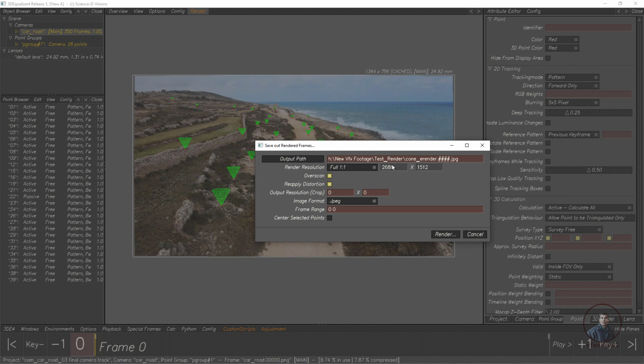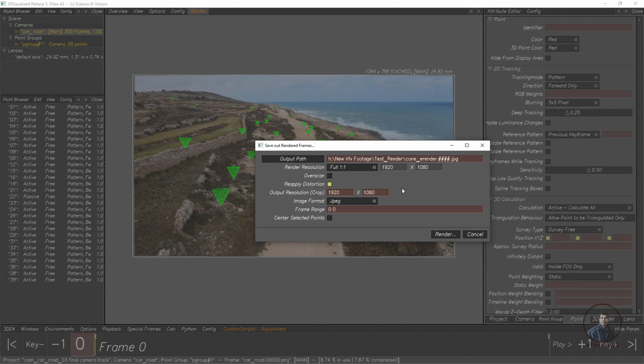Then after this, in our render resolution here, because this Overscan option is checked by default, we are not getting the actual frame size or resolution of the footage. This is our overscan frame size which we are getting here because this Overscan option is checked. So first we have to uncheck this one, then only we will get our actual footage frame size or resolution here, 1920 1080. And also in our output resolution we are getting the same value here.